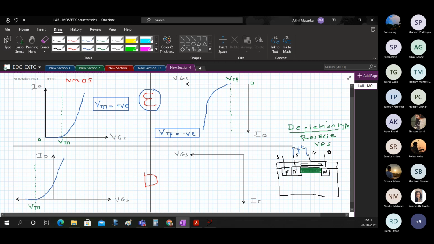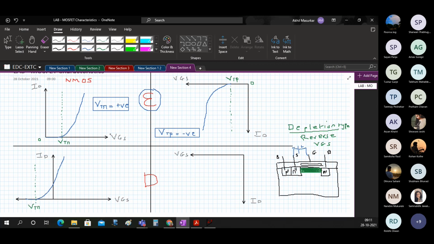It is like saying that if I ask you for half a glass of water, what you can do is take an empty glass and fill it up to half the level. So you will get half. You start with 0 and you reach half. Or you get a full glass of water and then ask somebody how much water you want.